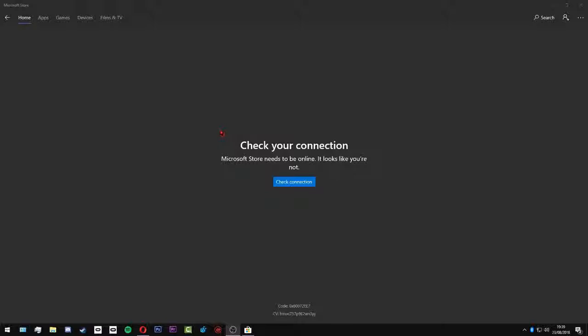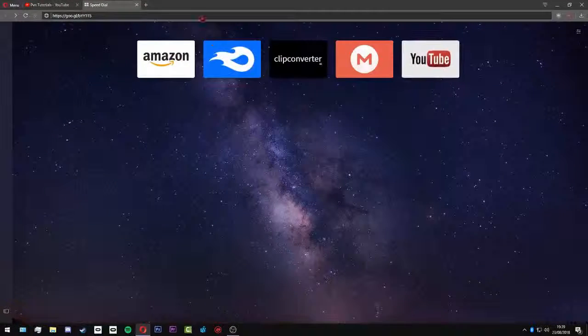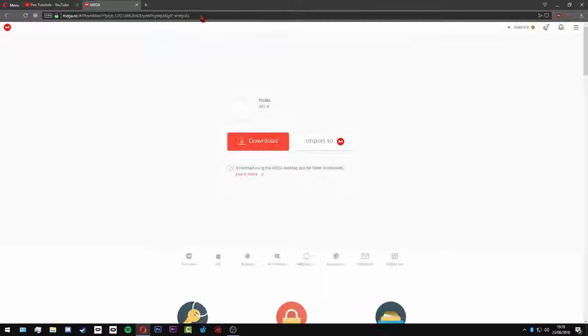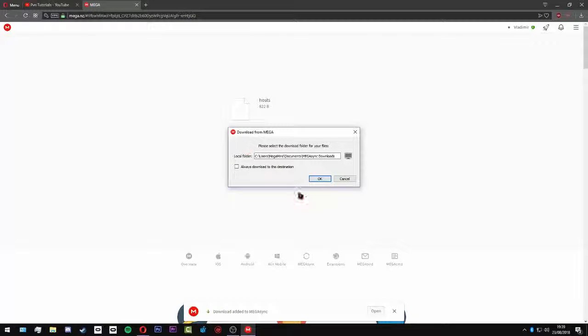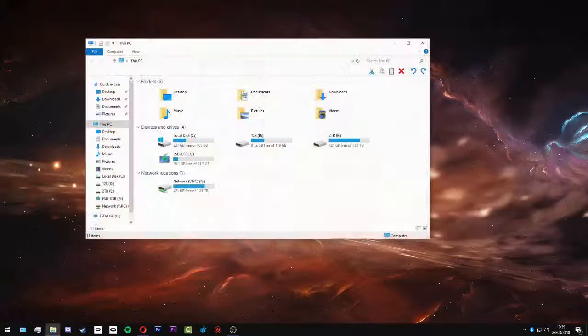Hey guys, so if you're facing this issue on the Microsoft Store where it's saying check your connection, you want to go ahead and close the store, head over to the link in the description. Then you want to download the file in the description. Once that file is downloaded, you want to open File Explorer,